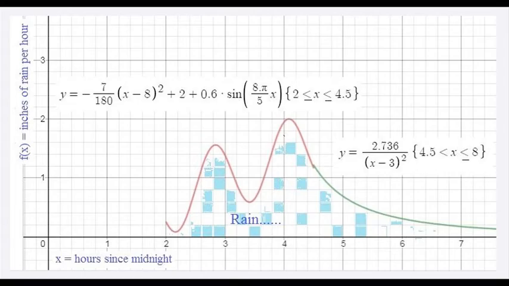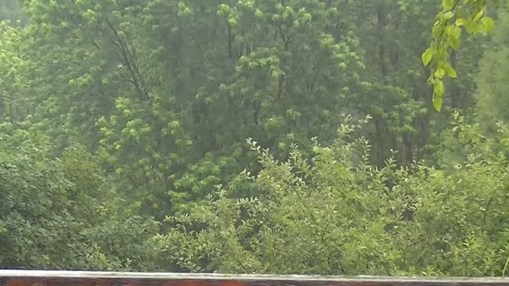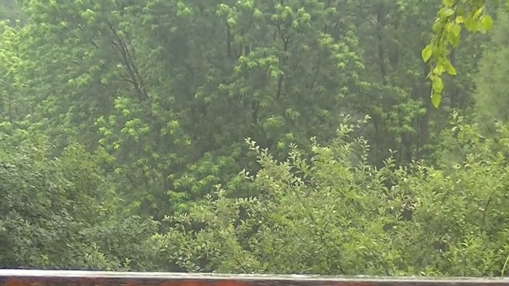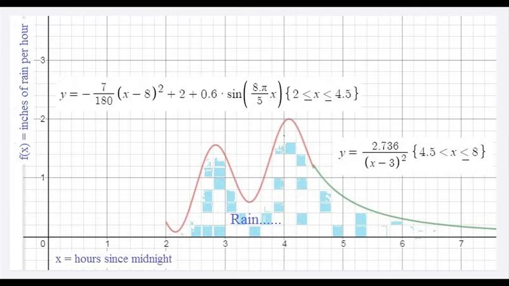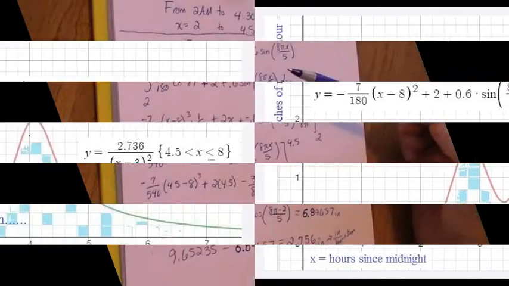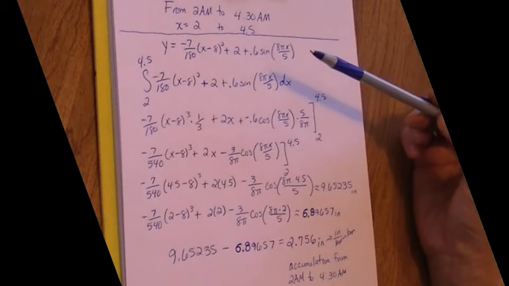We're going to use the area beneath our curve that's modeling the inches of rain per hour to find the total accumulation of rain in this particular rainstorm. So from 2 a.m. to 4:30 a.m. the rain came and went, sometimes with some severity, and the curve that patterns the inches of rain per hour